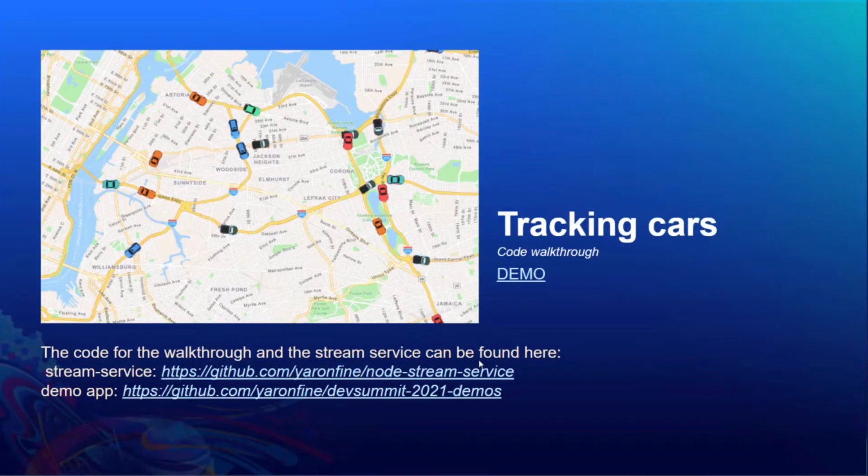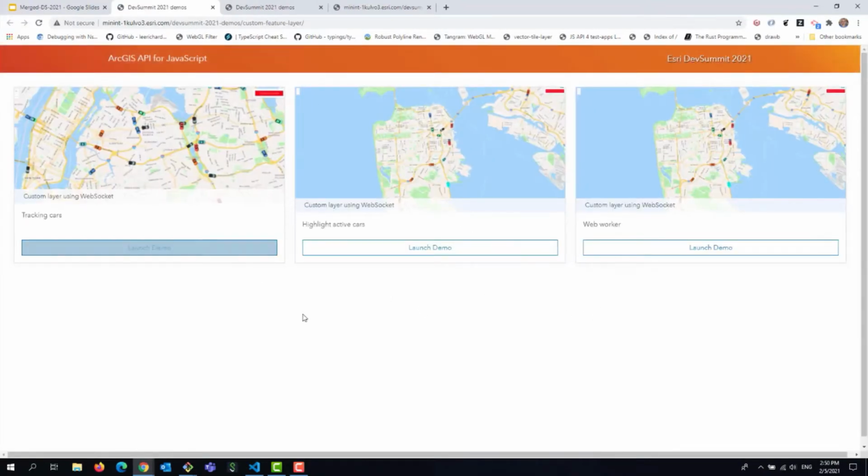So this is a walkthrough showing how to implement a custom layer and the layer view that render dynamic items, cars in this case, called tracking cars. I'm going to start with running the demo. Notice I'm opening the test app. It's built as a series of apps that render the layers. In this walkthrough, we're going to focus on the first demo, which is basically just the code that renders the cars,